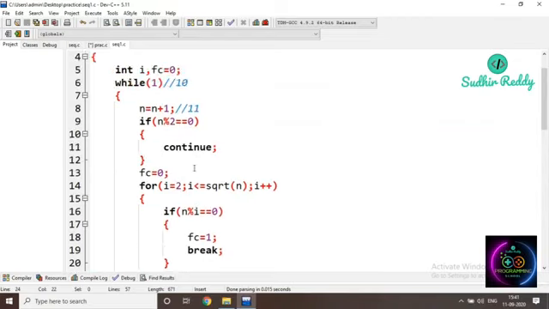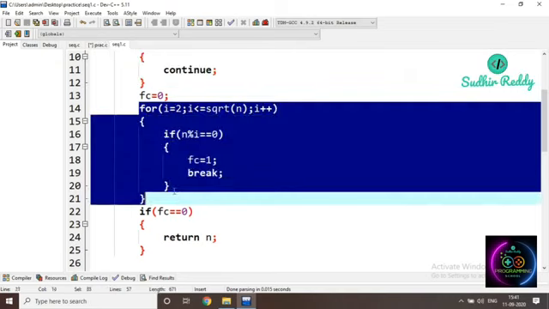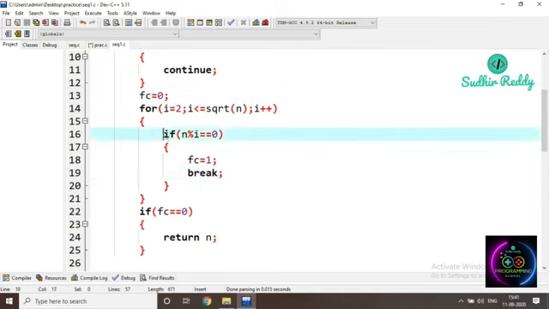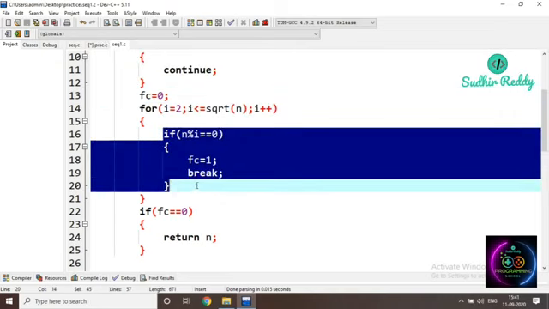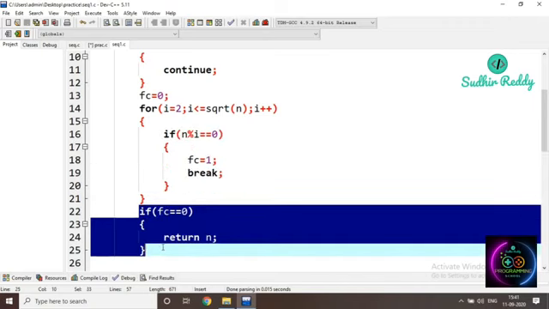There is no need to check the even numbers. How many factors for even numbers? That's why if it is an even number, I just ignore it. If it is an odd number, I am going to calculate, is there any other factors? If there is any other factors, I am going to break it. That's it, nothing else. If it is an odd number and there is no other factors, then I am going to return the value. Simply I am just returning the value, that's it.